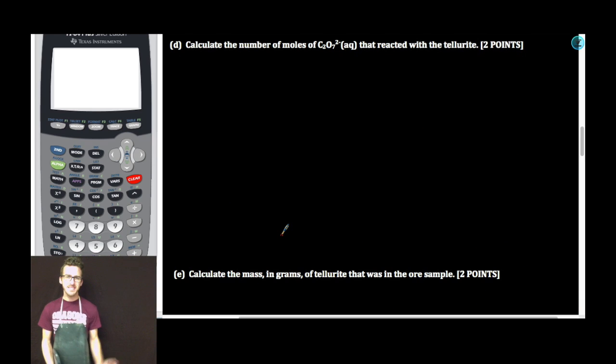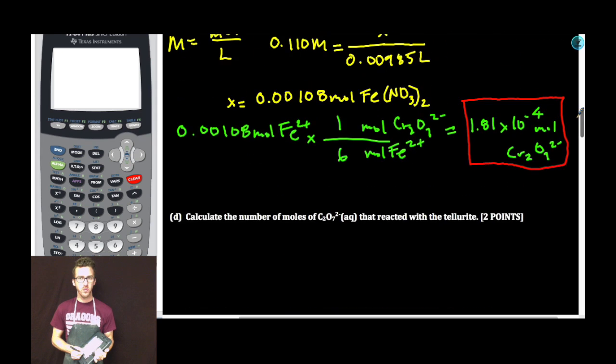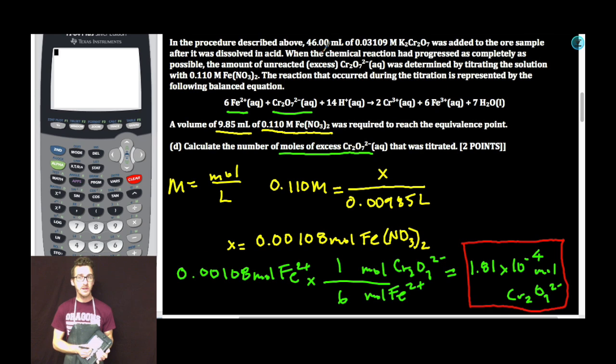Part D. Calculate the number of moles of dichromate ion that reacted with the tellurite. Alright, so if you recall, we added 46 milliliters of 0.03109 molar potassium dichromate. But we added so much, we had a bunch of excess dichromate ion. We reacted that excess dichromate ion with iron(II) nitrate and determined the number of moles of excess dichromate ion there were. To figure out the amount of dichromate ion that reacted with the tellurite, we need to figure out how much